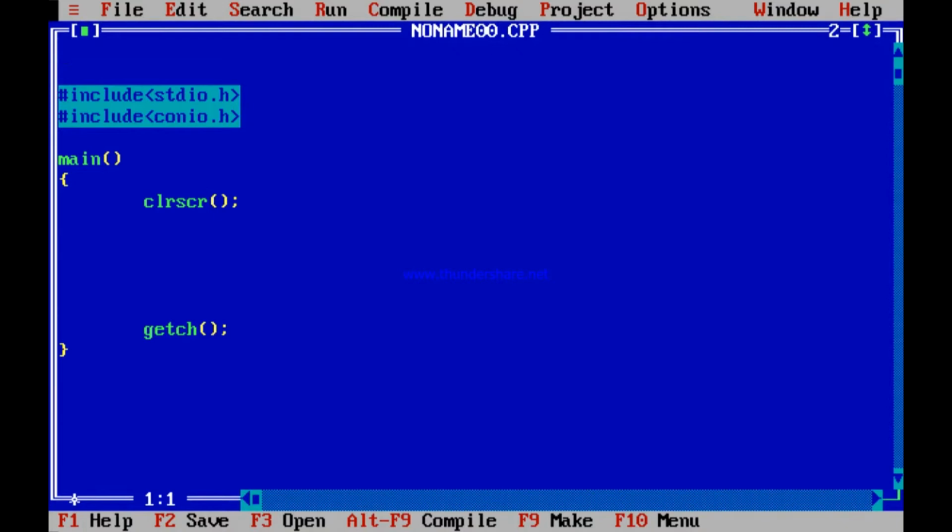Almost a similar program like the last one. In the last one we did something like this: 1 to the power of m plus 2 to the power of m plus 3 to the power of m plus dot dot dot, and so on, up to the final one, which was n to the power of m.